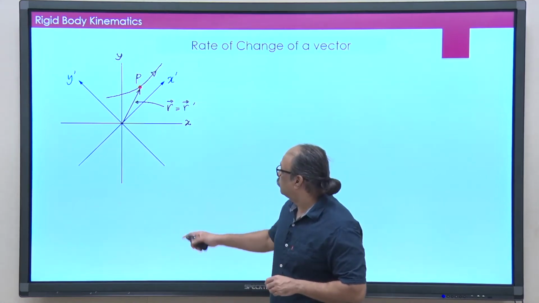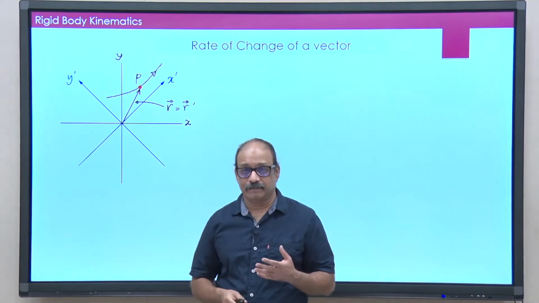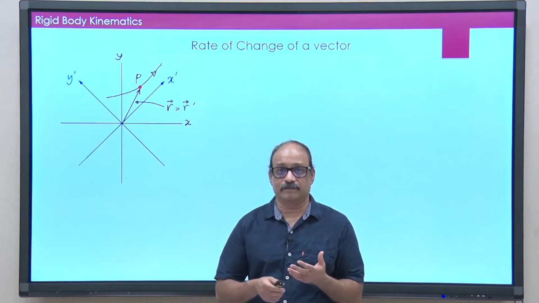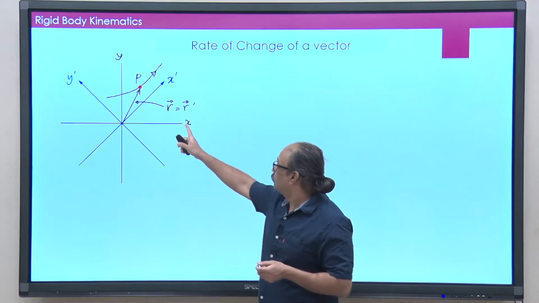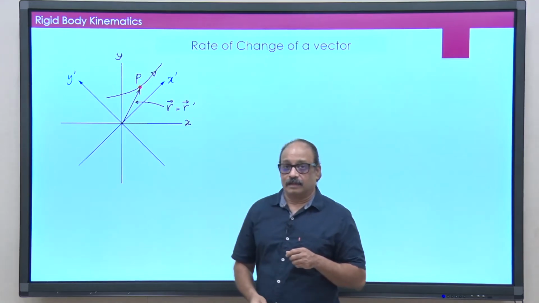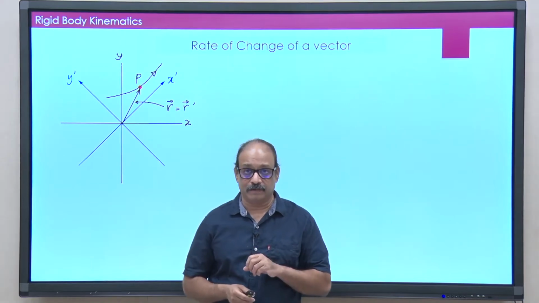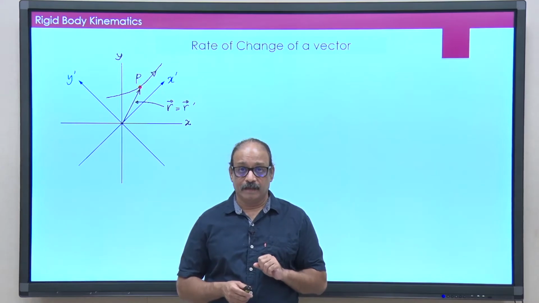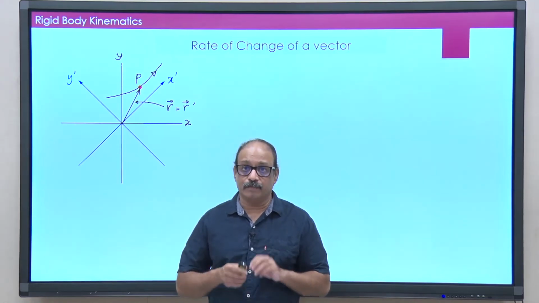Now, the position vector here, r, see, when we talk about vectors, it does not matter which coordinate system you are looking at those vectors from, those are the same vectors. So, the r vector, when you write it in vector form, you are actually writing it in a coordinate free form. So, it does not matter whether you are looking at it from the S frame or the S prime frame, but that is not true when you start talking about the components.